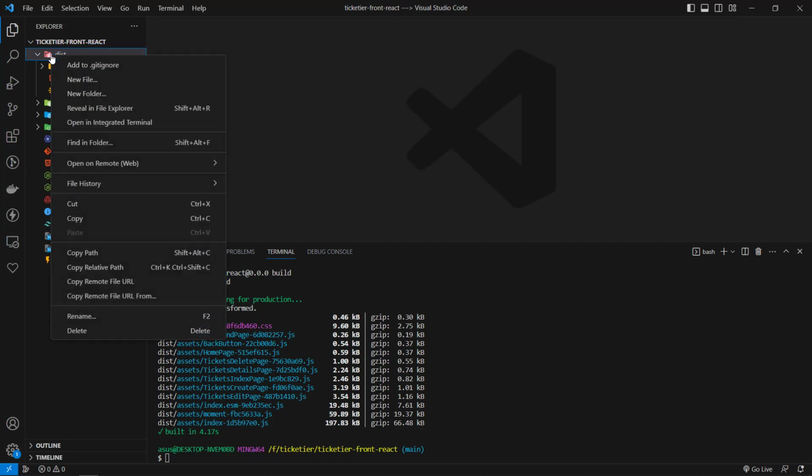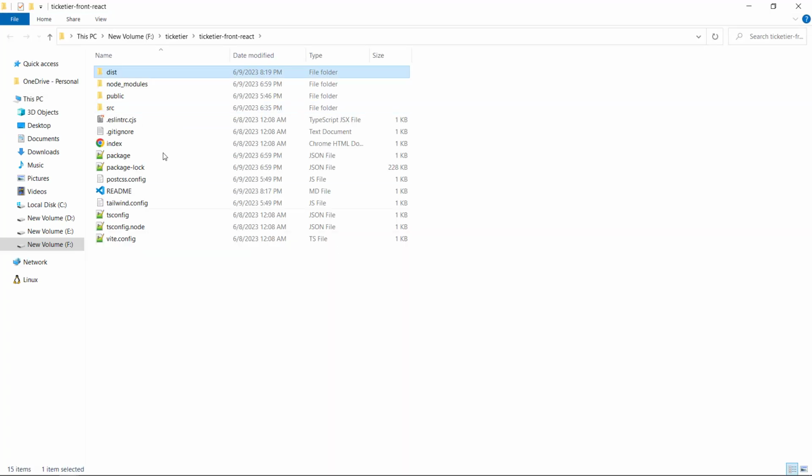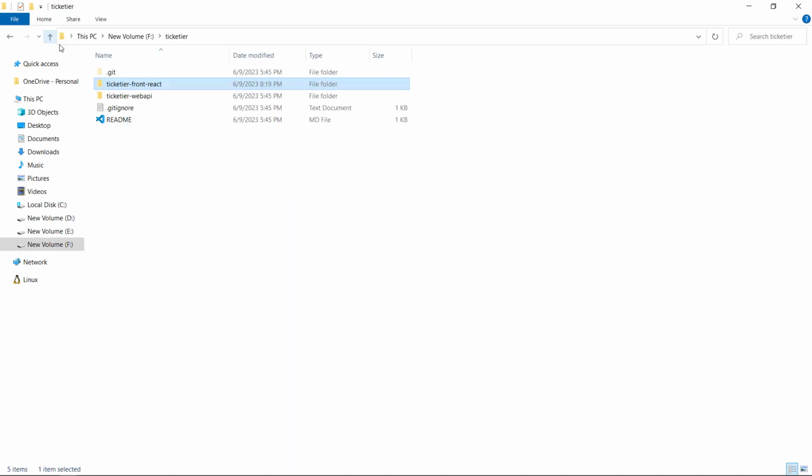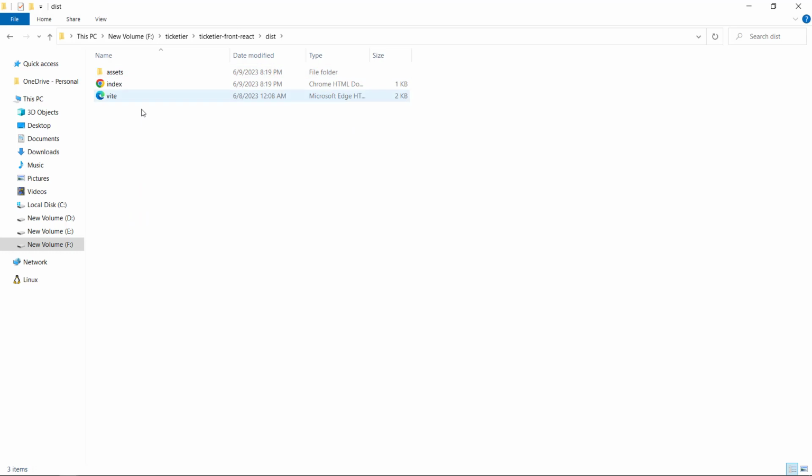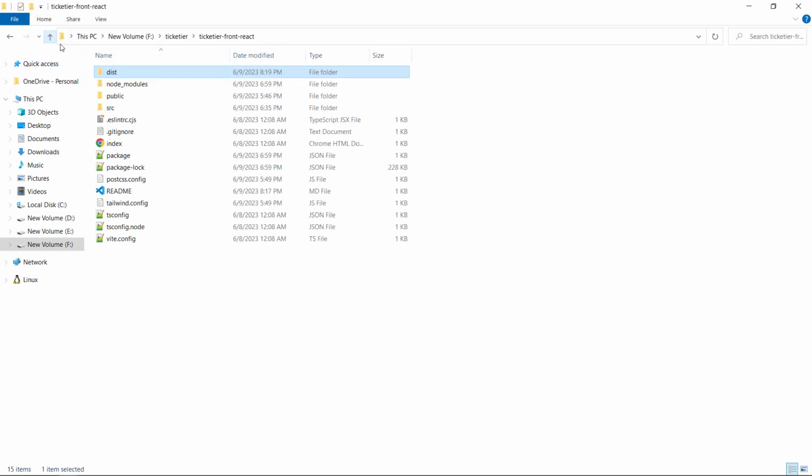Let's open on revealing file explorer, and that's it. So this is on Ticketier front end. This is a folder, and this is the data we can deploy. So I want to use netlify. Let's open netlify,